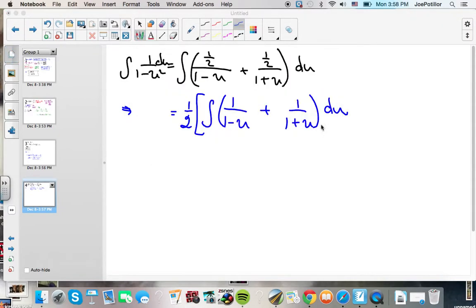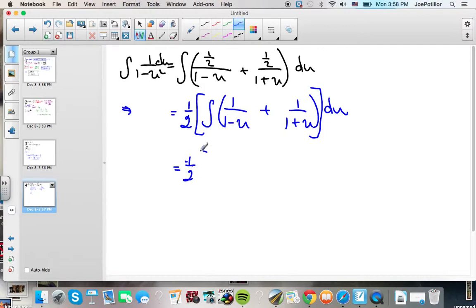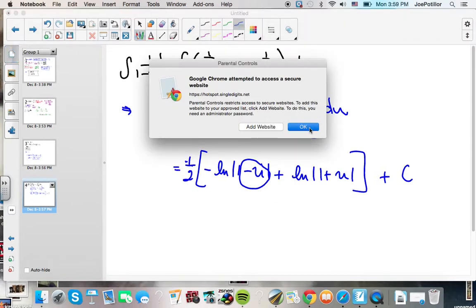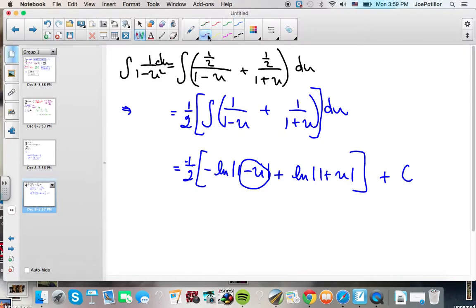Here, a very simple integration takes place. So this becomes 1/2 times negative ln of 1 minus u plus ln of 1 plus u, plus C. You ask, where the hell did the negative sign come from? The negative sign came from right there. So, rewriting it,